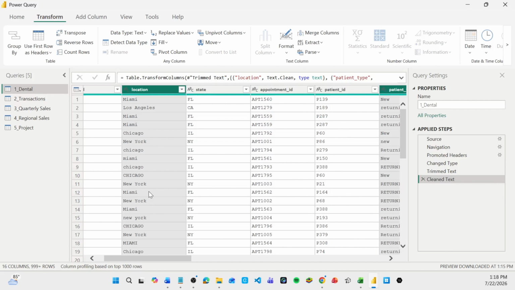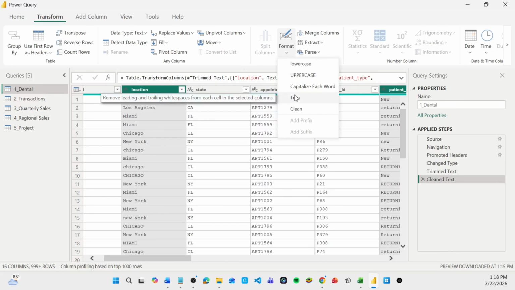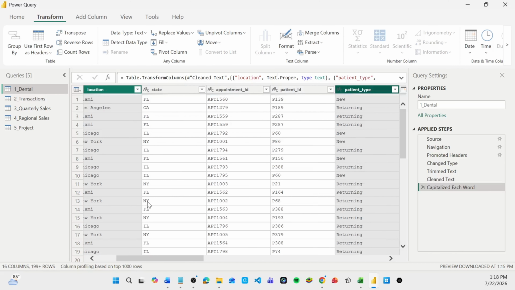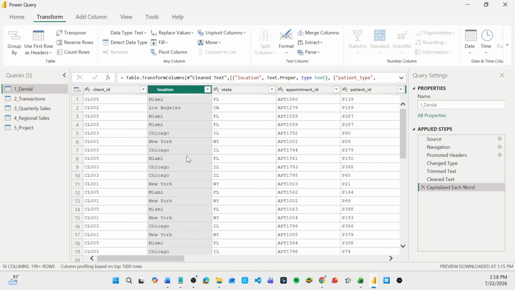To normalize this, we also have the option within the transform, then click on format to capitalize each word in this case. So now for patient type, you can see that it is now in proper case, and location also is in proper case. So the next thing that we're going to do, still looking at the view tab, we